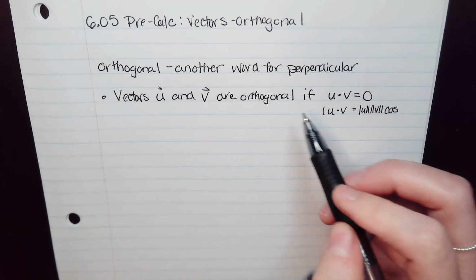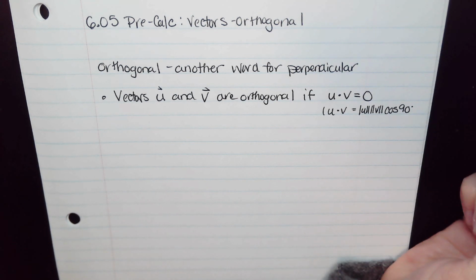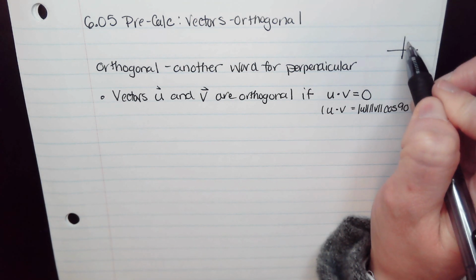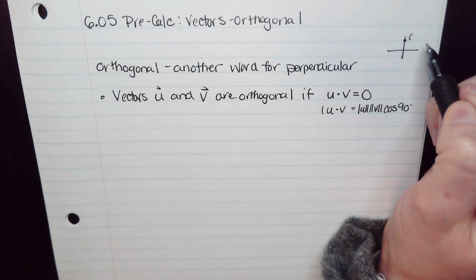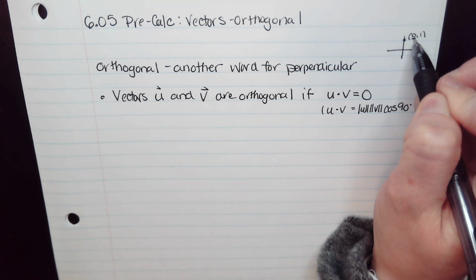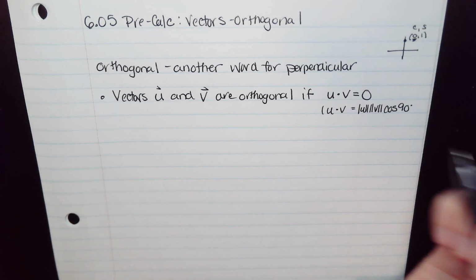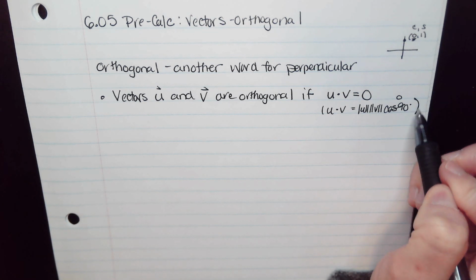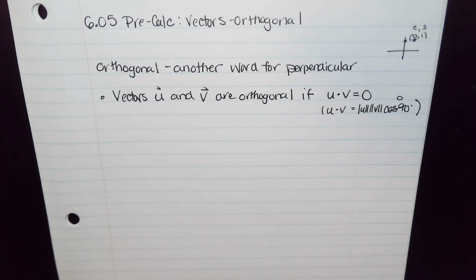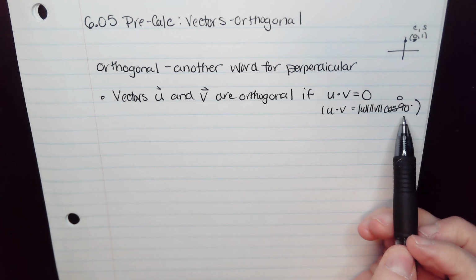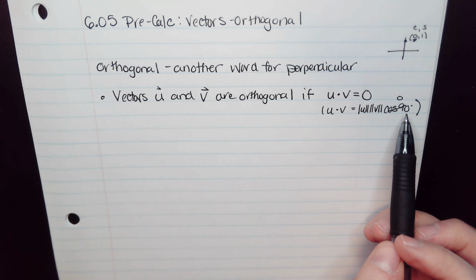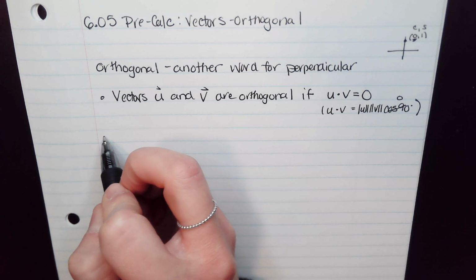Now, if they're orthogonal and perpendicular, that means they form 90-degree angles. And for the cosine of 90 degrees, we remember the ordered pair for this point is 0, 1. So the cosine, which always comes first, would be 0. And 0 times anything is just going to be 0. So that's why the dot product has to be 0 if they're orthogonal, because it means they're forming a 90-degree angle. Again, this formula just came from our formula for the angle between two vectors, and I solved it for the dot product,